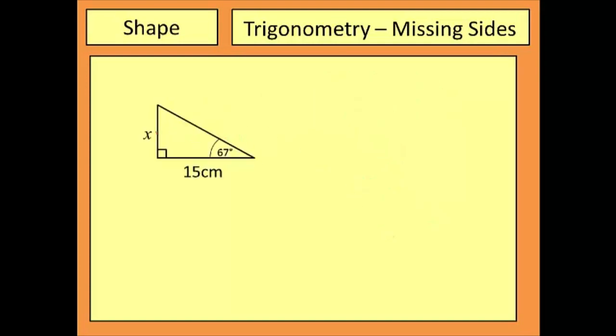My third example, I'm going to label my triangle correctly again. So in this case, I'm not actually interested in the hypotenuse. This x side, which I'm trying to work out, is an opposite, and the 15 centimeter side is an adjacent. This means that when I write out my three triangles, so, SOH, CAH, TOA, it tells me that the only one I'm interested in is this triangle, as it's the only one that